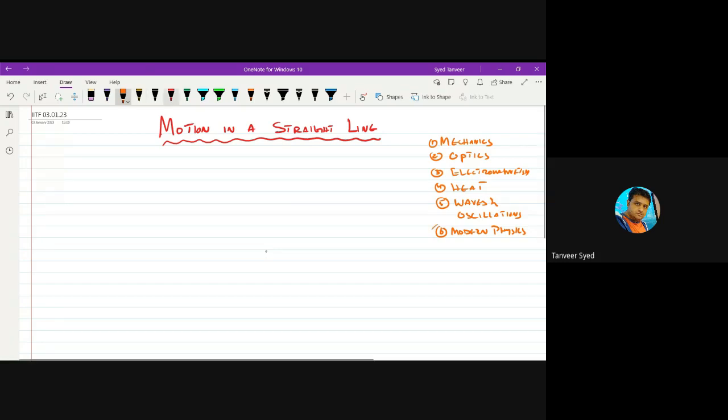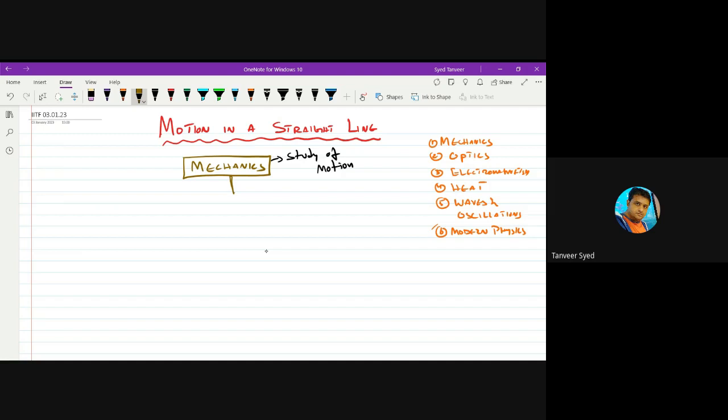Out of this, if you take the first branch, mechanics, a very important and a very extensively used branch of physics, mechanics. Mechanics is the study of motion of objects, basically. Study of motion of bodies under the influence of forces. That's what is mechanics. And this mechanics,